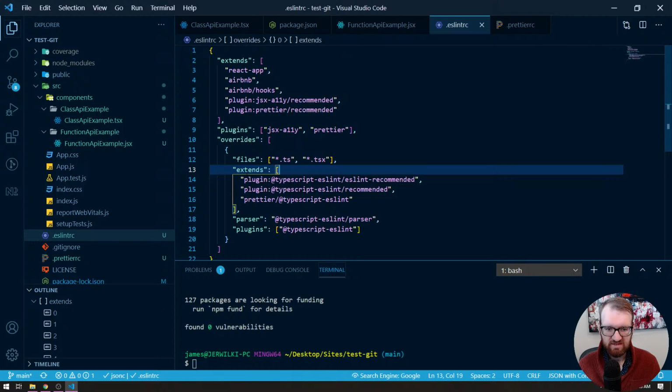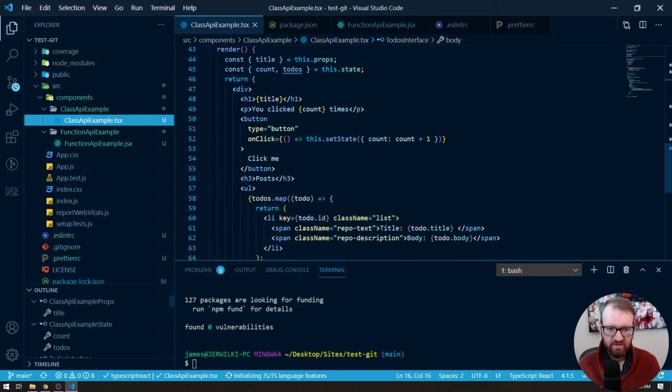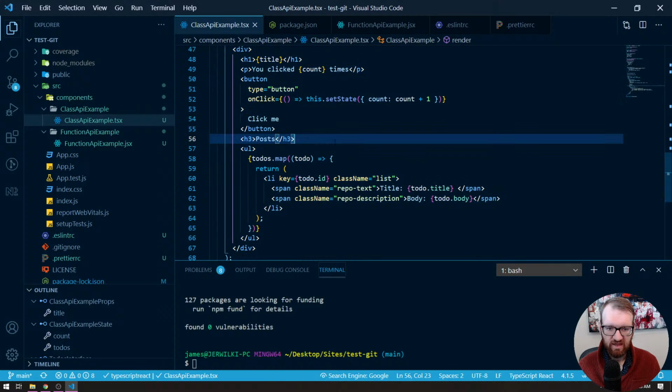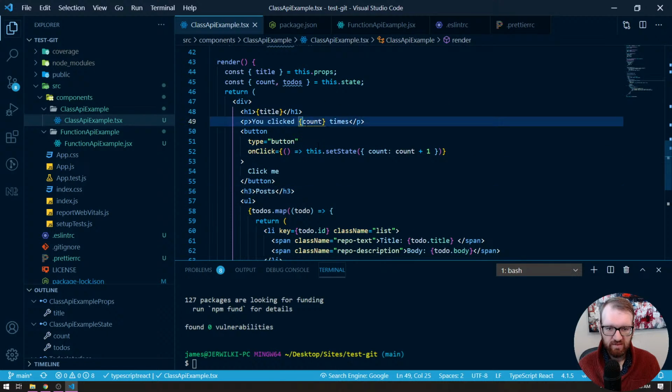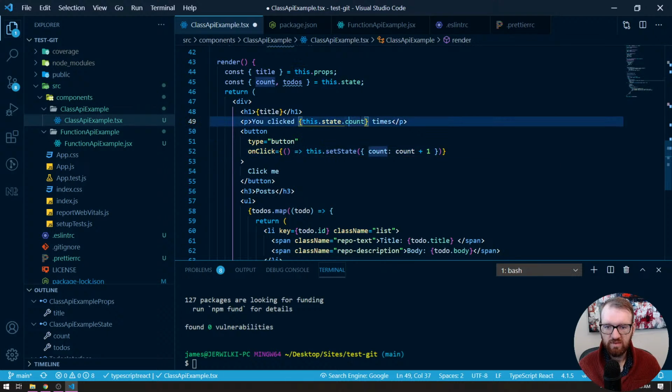For those TS and TSX files, I want you to use the TypeScript ESLint recommended plugin and the TypeScript ESLint for prettier. And that allowed me to fix a big giant red error that showed up here where I didn't have anything there. So now if I put this back in, we know that this is a problem,